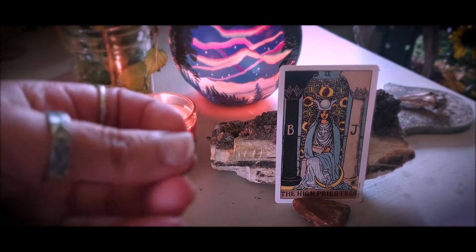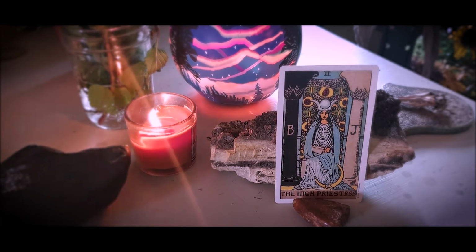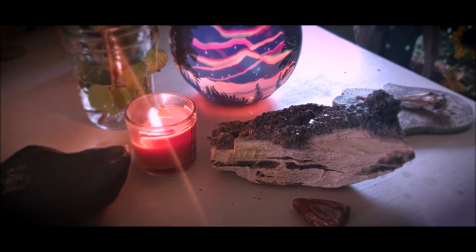So yes, the High Priestess, if you get this card, it's all about secrets and mysteries. And a lot of times it can mean that somebody has a secret or knows a secret in the situation, depending on what other cards you pull. But in our story here, we're talking about how the Fool has met the High Priestess, and she is so wise, and she is telling him things about the world here. And he's starting to really learn and grow consciously at this time. So our next card is